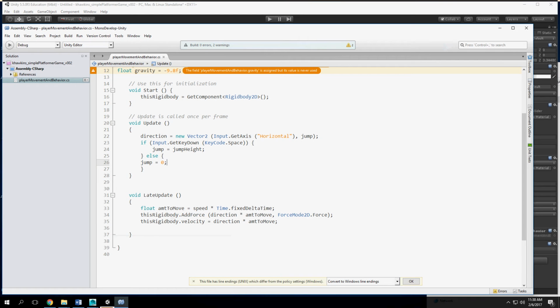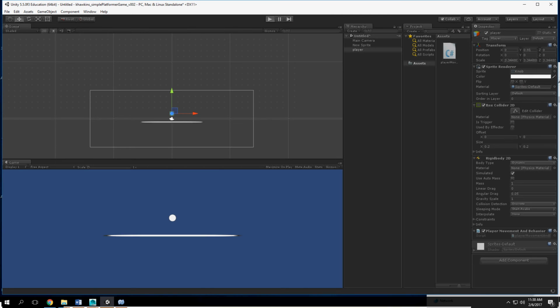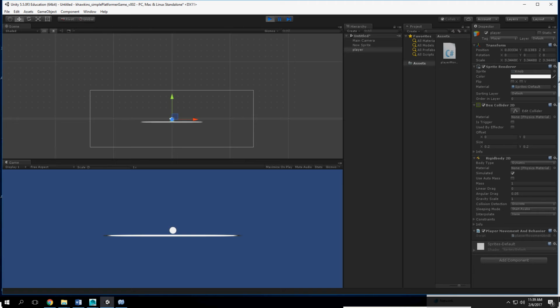Let's get rid of the velocity for right now, and we're able to use a little bit more of our, what's the word I want to say? We're able to use the rigid body, and we're able to use our momentum a little bit to move